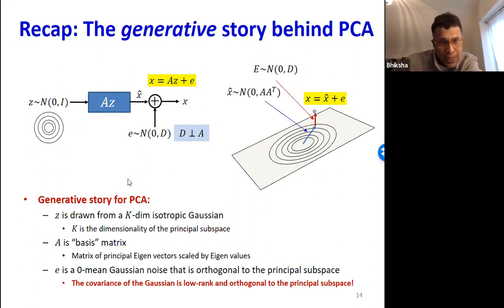The generative story is like this: you first draw a vector from an isotropic Gaussian.